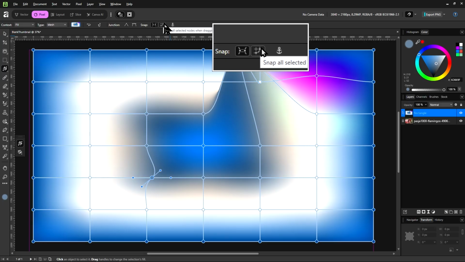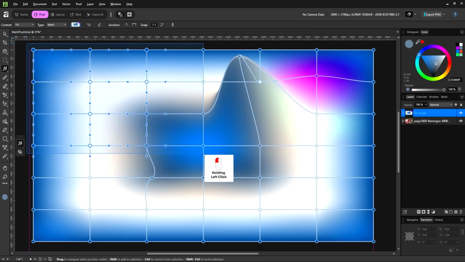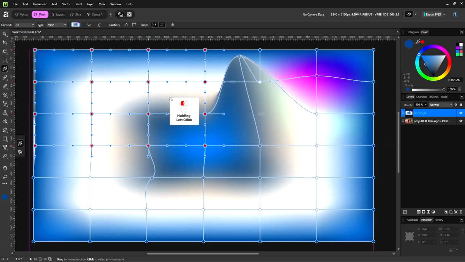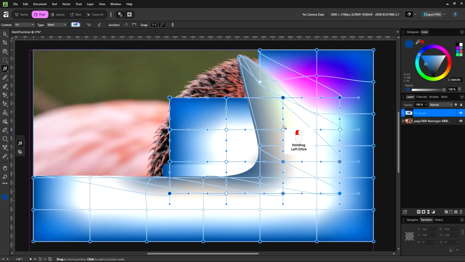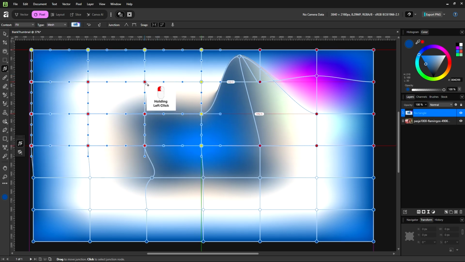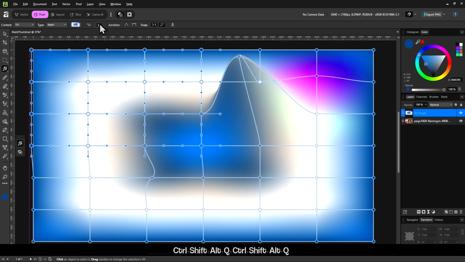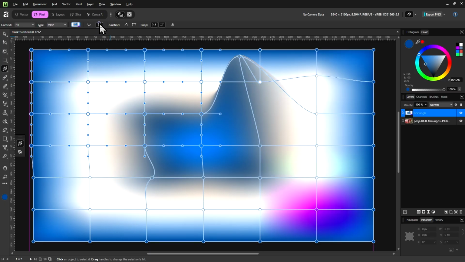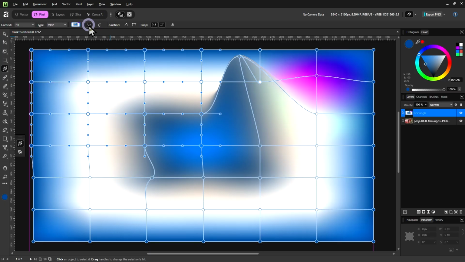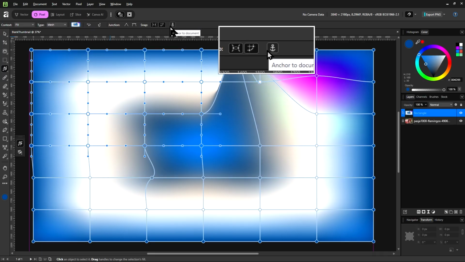And snap all selected nodes. So when you select more than one node, it will snap all of them, not just one or two nodes. And there's also an option to flip the colors vertically or horizontally. Oh, and of course, there's the anchor to document still there.